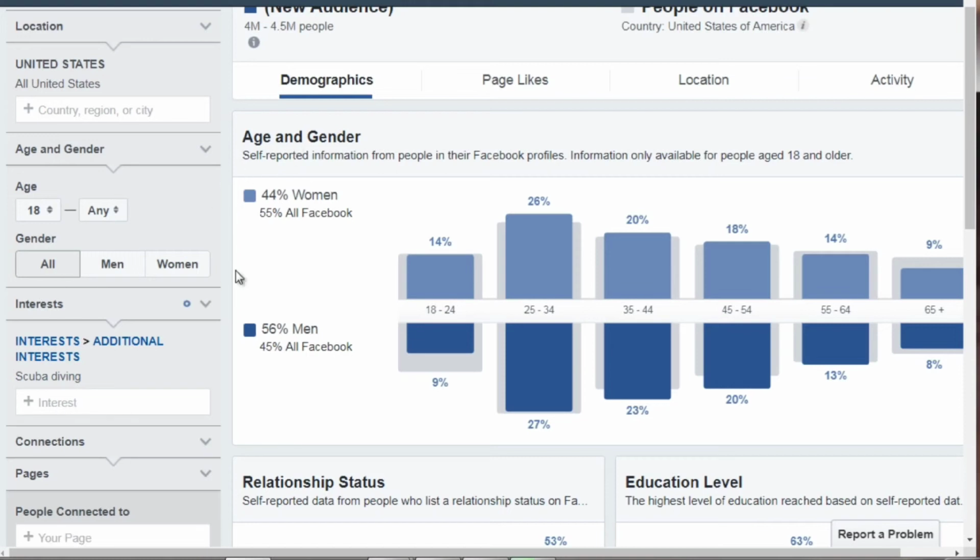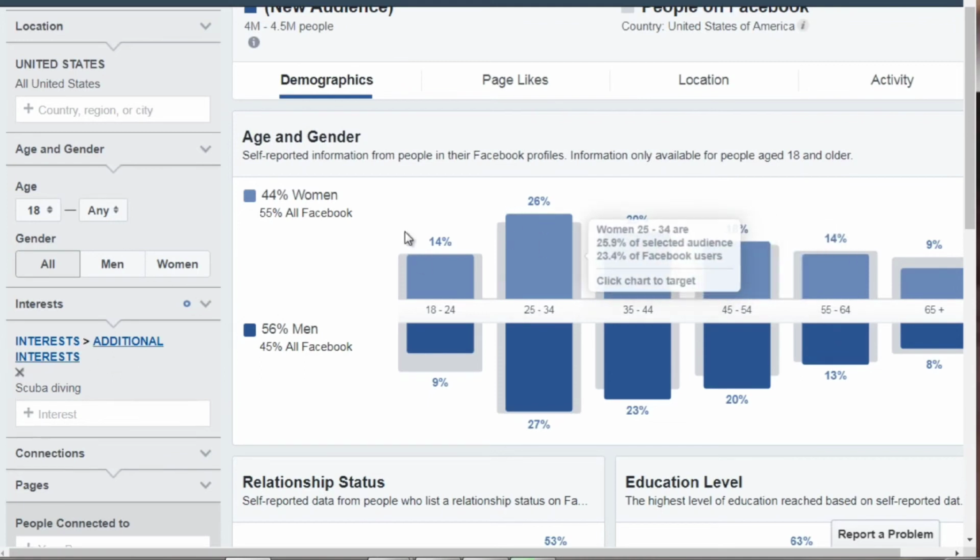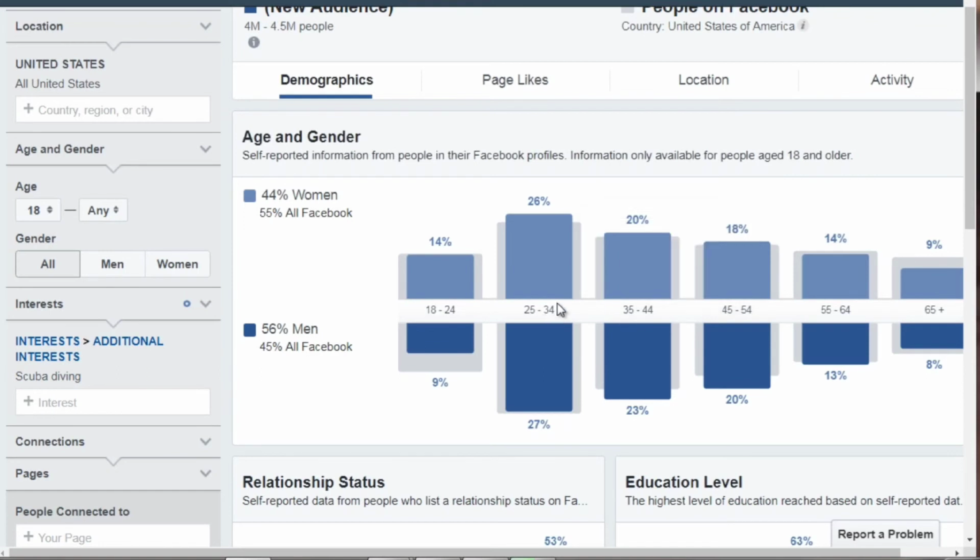Now, if we take a look at demographics, you can see that about 56% are men and 44% are women. So we see that the majority appears to be about 25 up. So it's low here, it increases here, and then it decreases down here. So we can kind of gauge that the large amount of people in this interest are 25 to 34 or 25 to 44. Now, bear in mind that doesn't necessarily mean that they are buyers yet, but this helps you